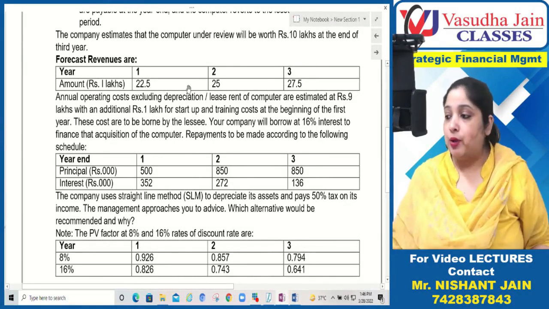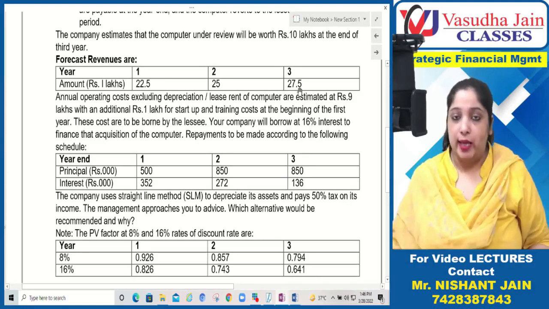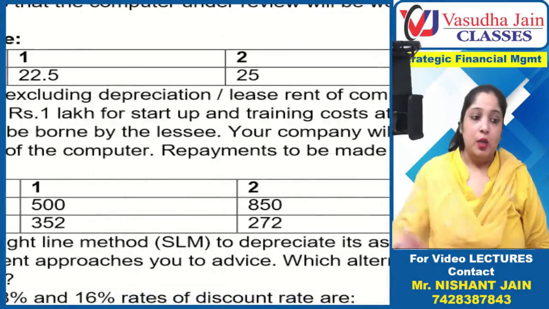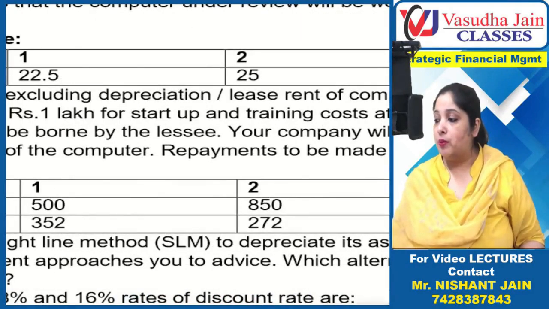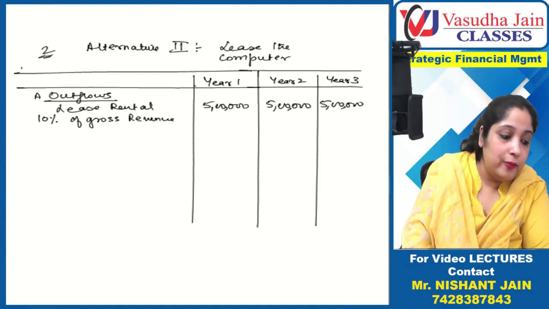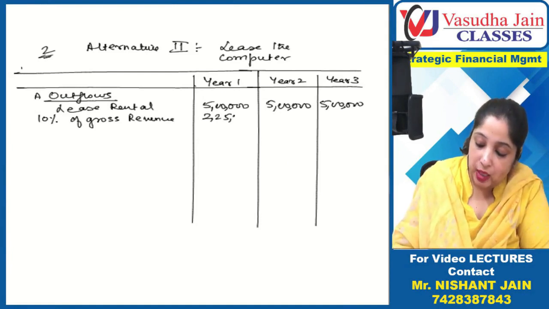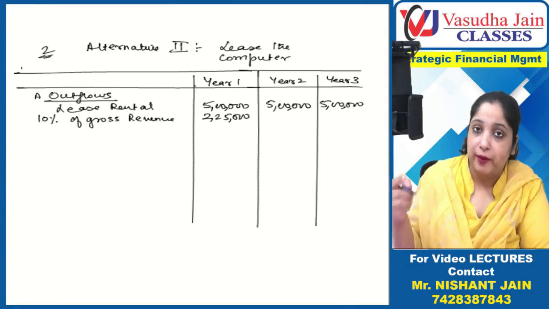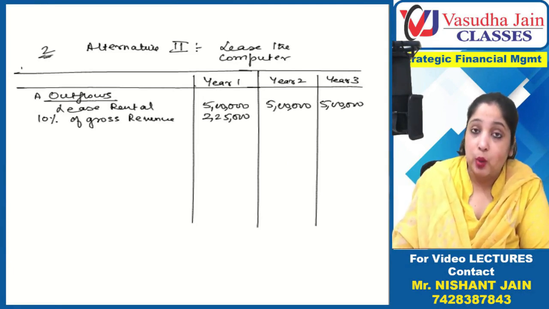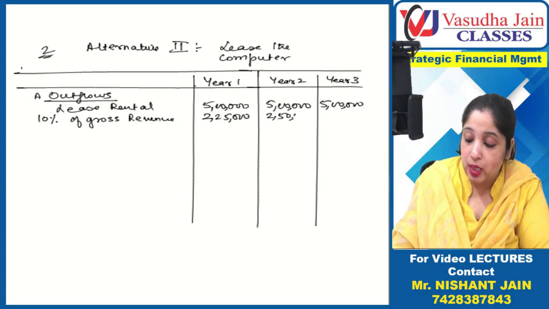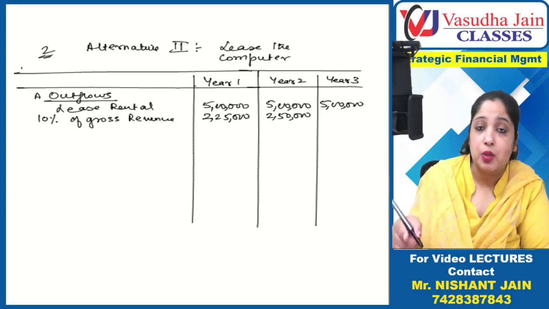So we have to take 10% of this, 25 lakh 10% and 27.5 lakh 10%, because this is the forecasted revenue. Okay, we will take that. That is also an outflow. So how much is that outflow? That is 2,25,000, 10% of 22.5 lakh. 25 lakh 10% is 2,50,000 and 27,50,000 10% is